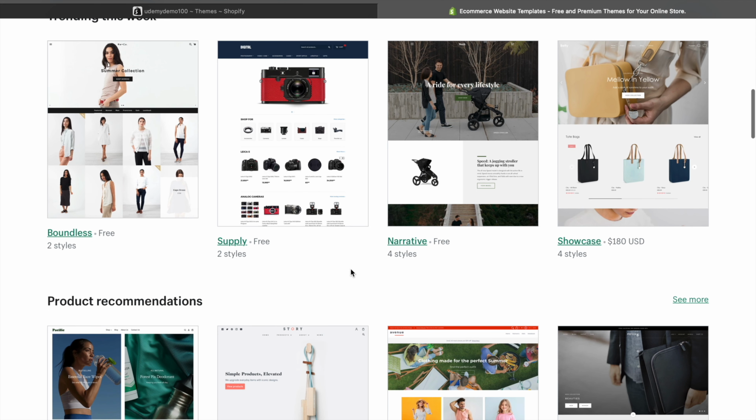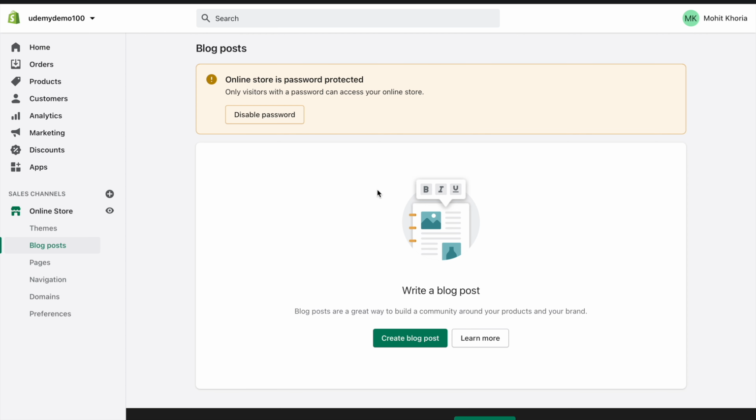Next is blog post. A blog post is not used much unless you are doing a long-term business, unless you are going for an e-commerce company or going for a very long term and generating many sales. So you can create a blog post for your customers. If you have a wide range of customers and a strong online presence, then you can create a blog post which helps to spread awareness about your brand. But this we don't use. Dropshippers and many e-commerce companies don't use blog posts.